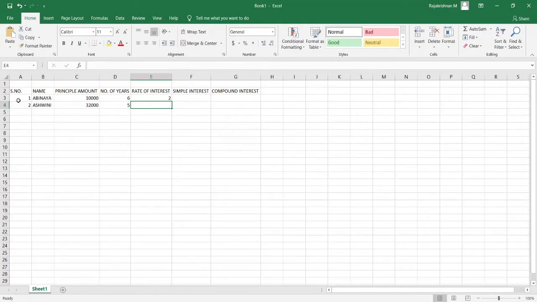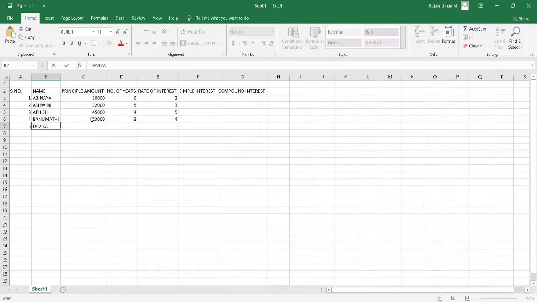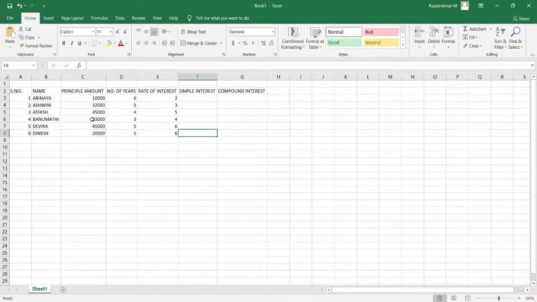And number of years 5, rate of interest 3, principal amount 45,000, number of years 4, rate of interest 5, so I have entered the necessary data.